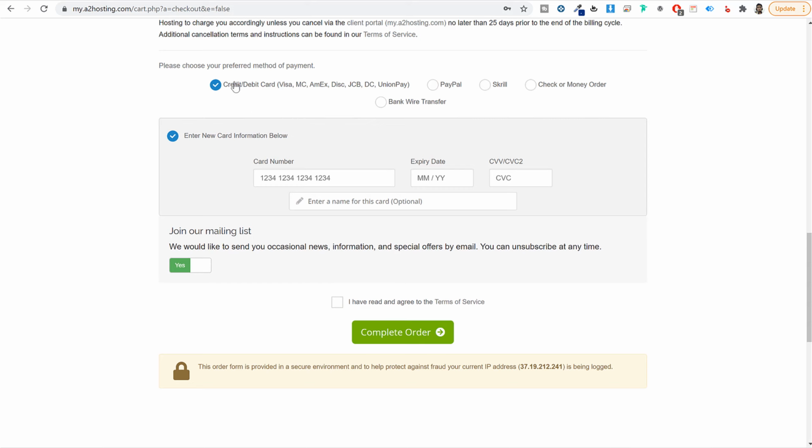Now most of you would be selecting credit or debit card. So just select this option and enter your card details. Now just remember one thing, only these types of cards are accepted over here: Visa, MasterCard, American Express, Discover, and a few more types. Now the reason I'm saying this is because many people in India, if you're watching this video from India by the way,